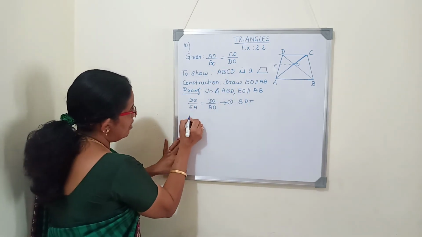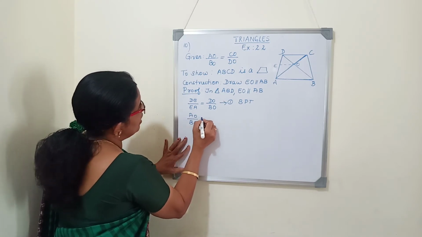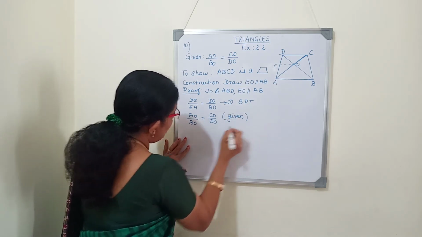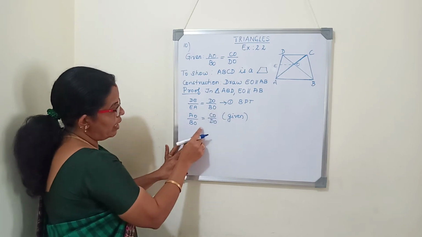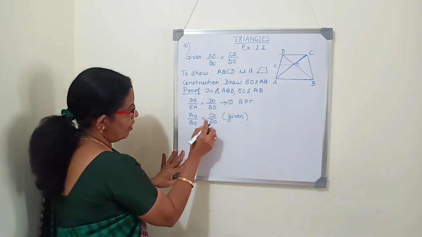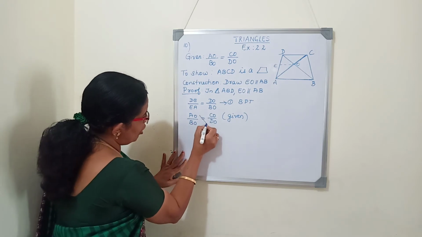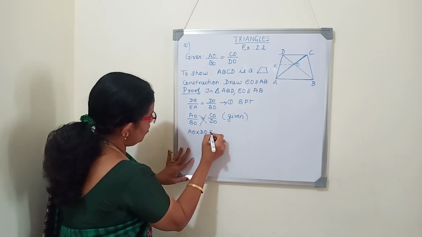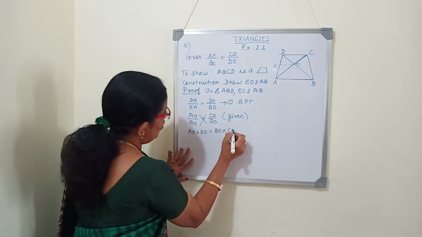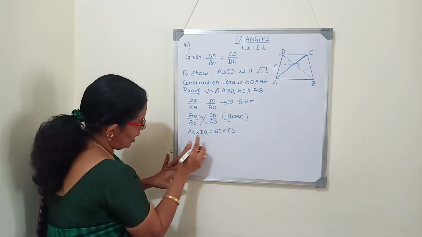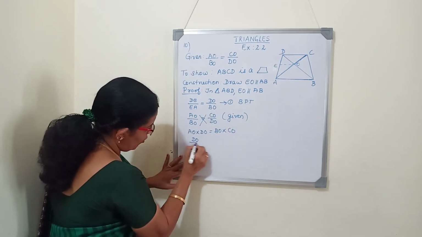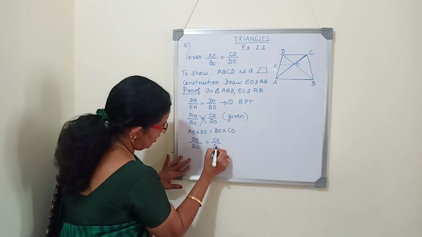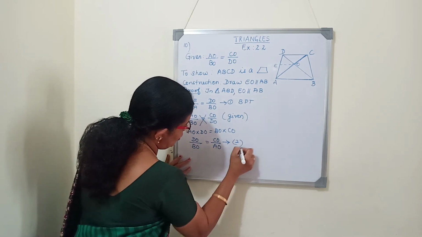But it is given that AO by BO is equal to CO by DO. This is given. But here we will have DO by BO, but here it is not DO by BO. So we will convert it, we will change it into the same form on the RHS. So we will cross multiply, we will get AO into DO is equal to BO into CO. We want to get DO by BO. So I will write DO as it is, bring BO down, is equal to CO by AO. So now this we will write as equation 2.